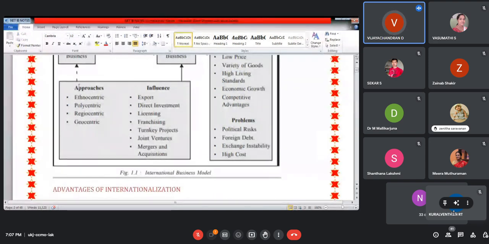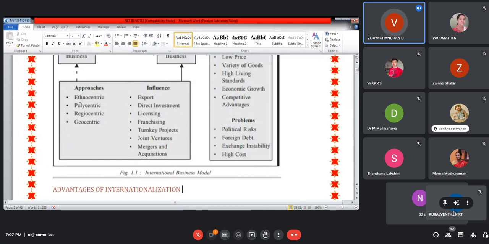So these are all the approaches. What are the approaches? Ethnocentric, polycentric, regiocentric, geocentric. These are all the approaches in your international trade. What is ethnocentric? Simply you will sell the product, ignoring the need, the taste, the preference, the cultural barriers or social factors. You will not see anything about the foreign demand. Simply what is sold in the local market will be sold in the foreign market. That is known as ethnocentric.